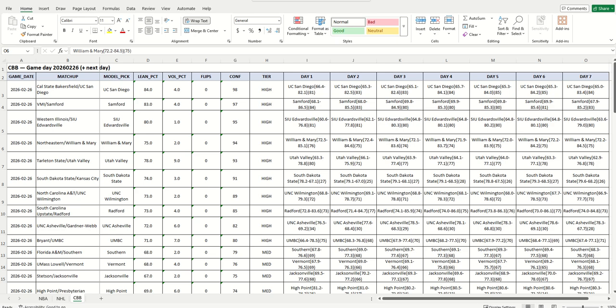I have been working on the models, trying to get a few things straightened out that I found during the All Star break in the NBA model. Hopefully, get those predictions a little bit better now, a little more accurate. I wanted to just go through all of this with you right here. I'm not going to put together a slideshow. I'm just going to go through some of these predictions in this format.